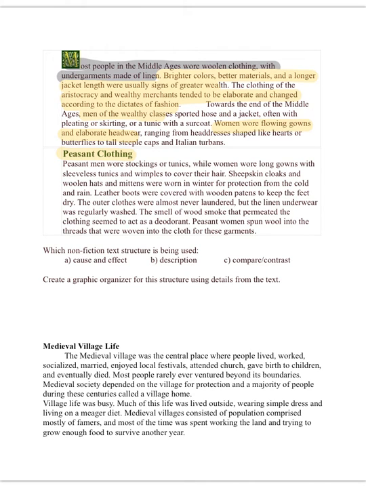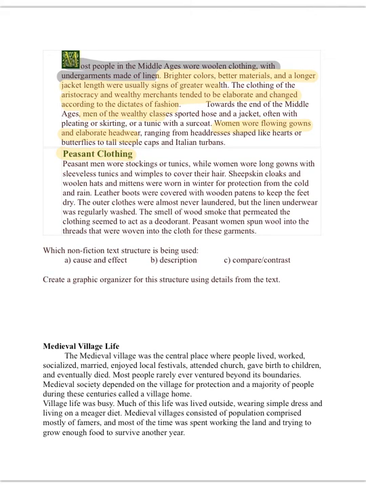Women wore long gowns with sleeveless tunics and wimples. Sheepskin cloaks and woolen hats and mittens. Leather boots with wooden pattens. Outer clothing almost never washed. The linen underwear was regularly washed. For where they intersect, really the only common idea is that most of their clothing was woolen and their undergarments were made of linen. So for the last one, Medieval Village Life, I'm going to read the article,